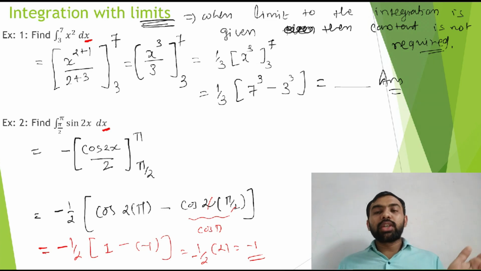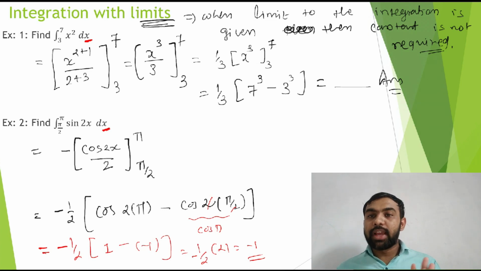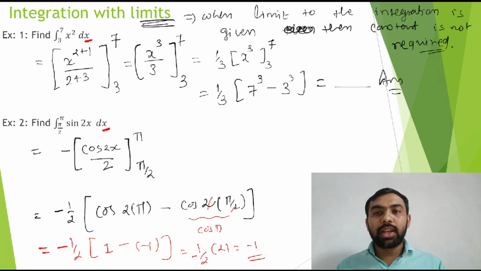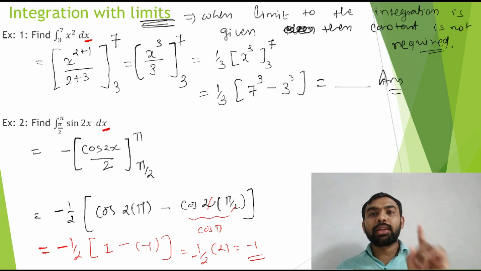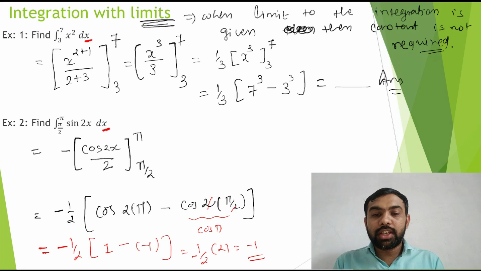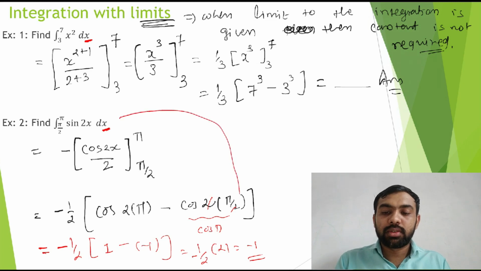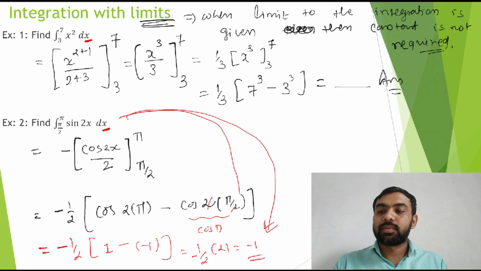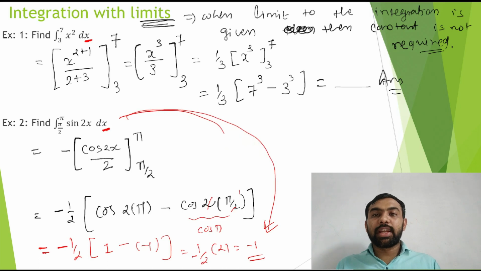Cos π, you just go through the trigonometry table, you get this value. You go through the trigonometry table, first lecture mathematical tool. Okay, so the value of cos π is -1, cos 2π means 0, its value is 1. The value of cos 2π is 1, the value of cos π is -1. So you must put it here, so you get the final answer -1. So this is your answer. Okay, so by this way you just get the answer.